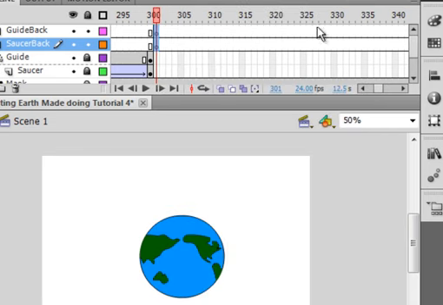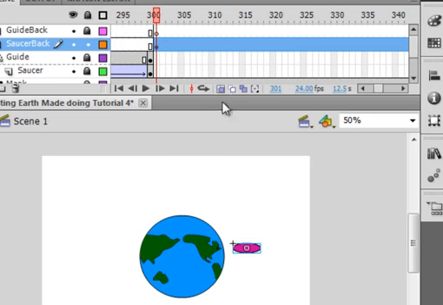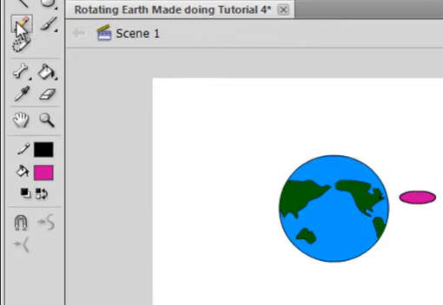lock the guide layer, select frame 1 of the saucer's back layer, come down to the stage, right click and paste in place. There's that saucer where it left off from the last time. Lock your saucer layer, unlock the guide layer, select frame 1, pick your pencil up,